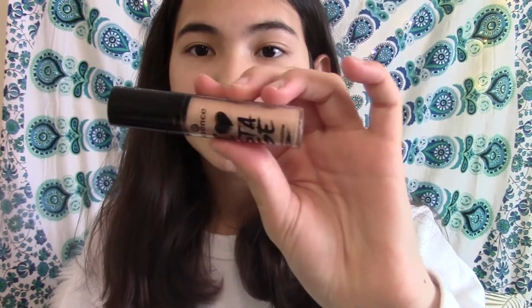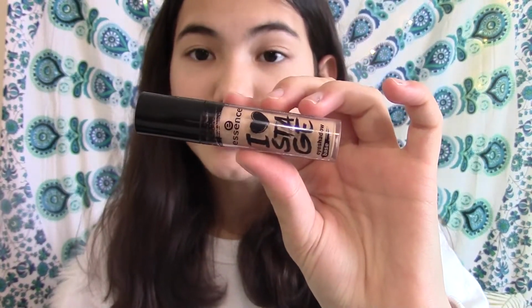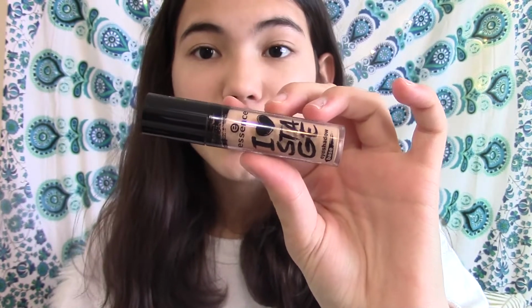So starting straight with the eyes, I'm going to take the Essence I Love Stage eyeshadow base, and this is a really good eyeshadow primer, so I'm just going to take a little bit of this. I'm not going to zoom you guys in just yet, but I'm just going to do a couple small dots just like that. Now I'm just going to take my pinky finger and just kind of rub it all over my eyelid. Because you have to set that eyeshadow primer,